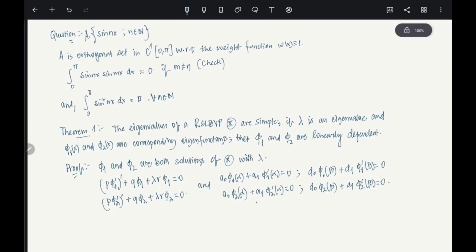Now you see, what does this condition say? It says that the Wronskian of phi1 and phi2 at the point alpha is 0, and similarly for beta we can say the exact same thing. What it is saying is that in that interval there exists a point alpha where the Wronskian of the two functions is 0. Essentially that will imply, by Abel's theorem, if you remember, that phi1 and phi2